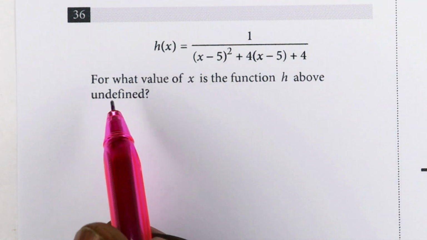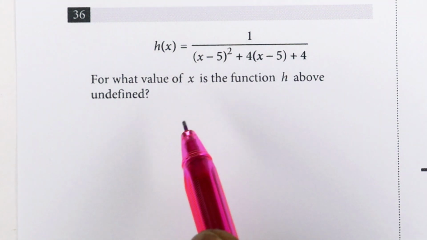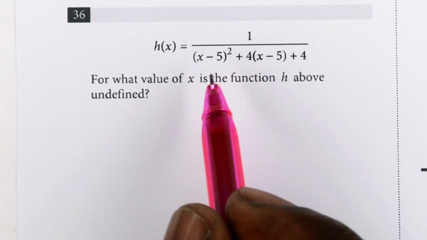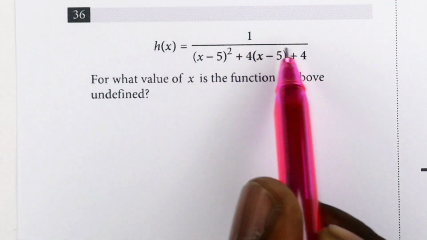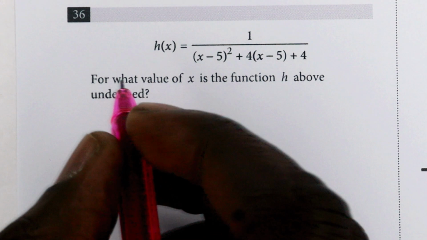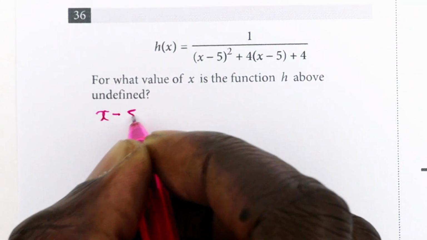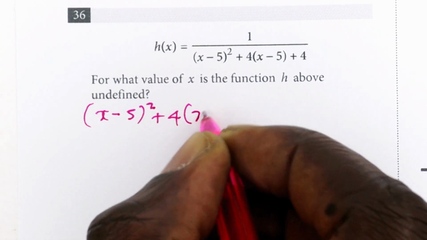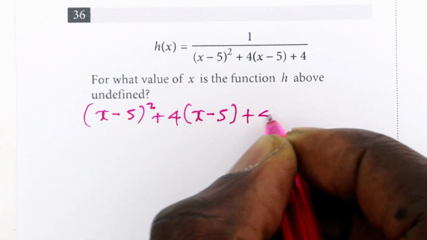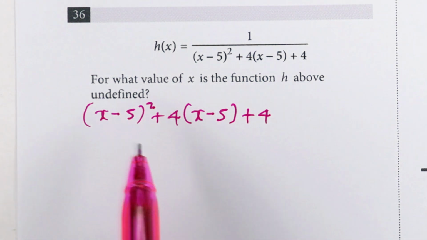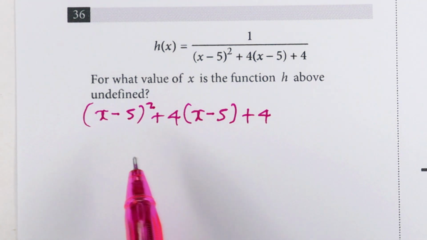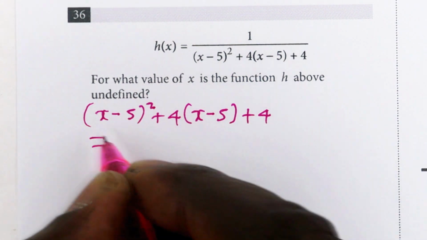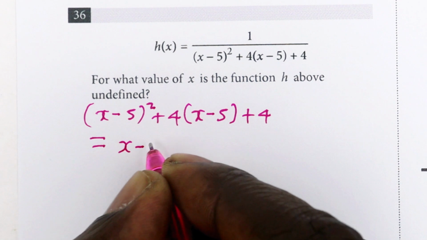So the only time that h will be undefined is when you have to divide by 0, meaning you look for a point where the denominator is equal to 0. So we have the denominator as (x minus 5) squared plus 4 times (x minus 5) plus 4. If you look at this expression, you will find that it is a perfect square, which is just the same as this first one, x minus 5